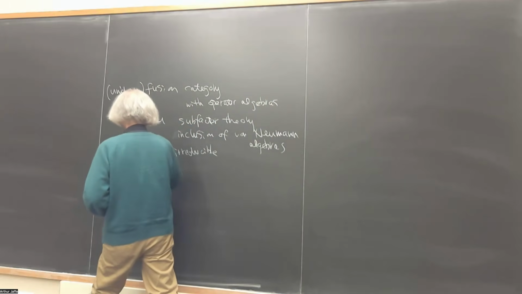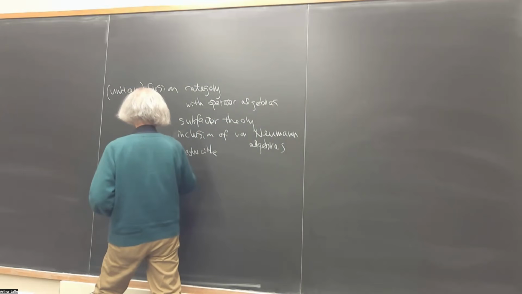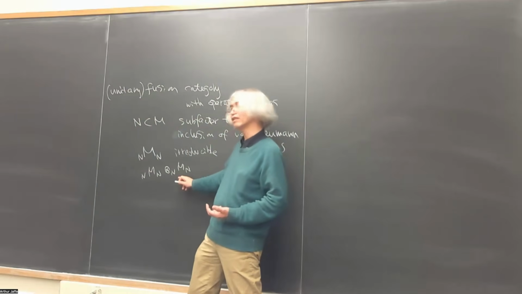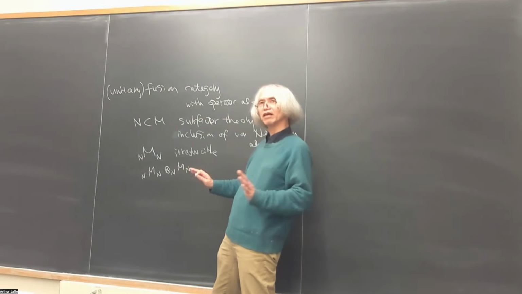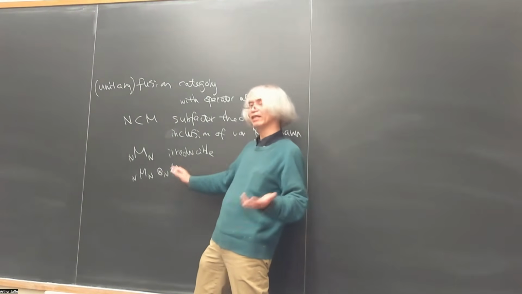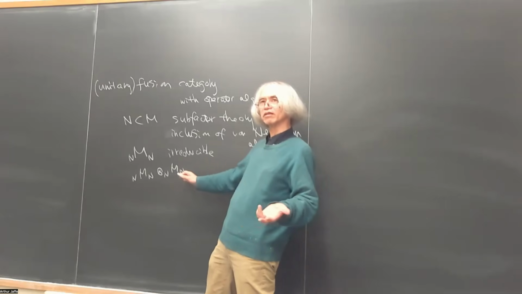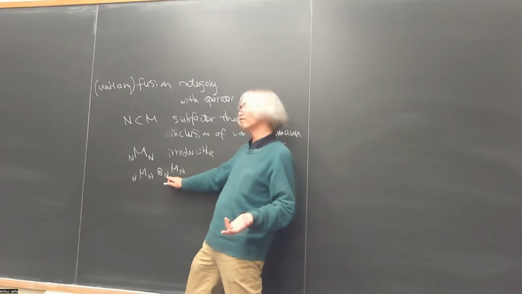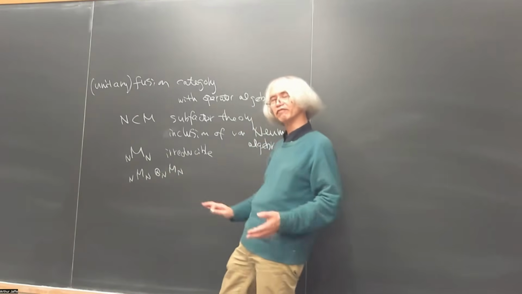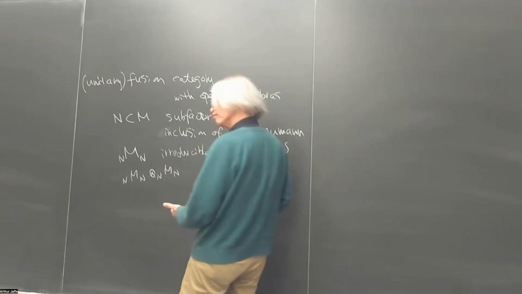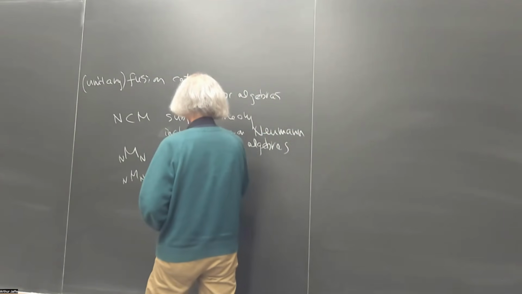But then we can make a relative tensor product over N, over an algebra. So this is something like a tensor product of bimodules over a ring in an algebraic setting. This is some functional analytic version. So this is a tensor product over an algebra that can be defined in some nice way. Then typically this is not irreducible anymore.